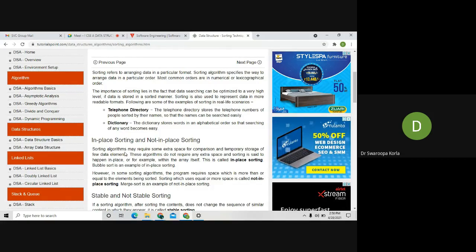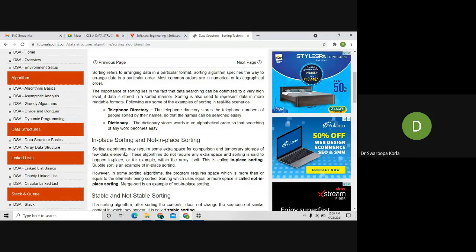The importance of sorting is that if you arrange the list of elements in a specific, sorted order and store your data items that way, then it is very easy to retrieve the data. We can search very efficiently at a high level.